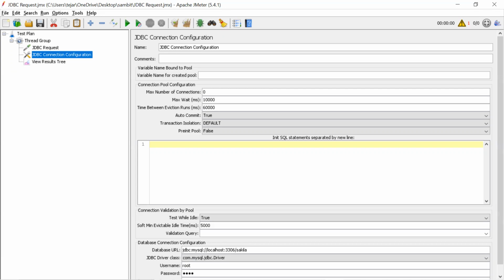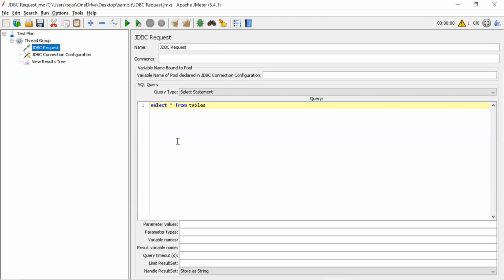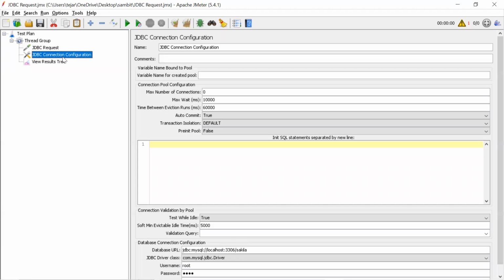You can have multiple connections. Suppose I have five DBs and want to connect to all five. If I run a query, how does it go to the particular DB? There should be a mapping. That's where we give the variable name. Suppose I give the pool name MySQL1 here; it's like an object.